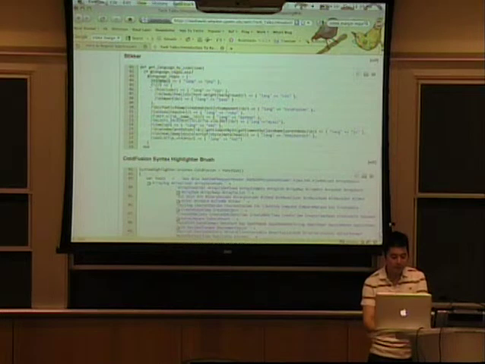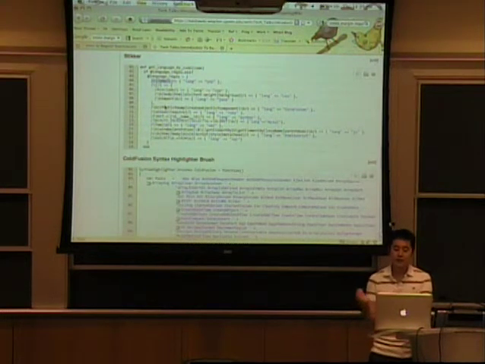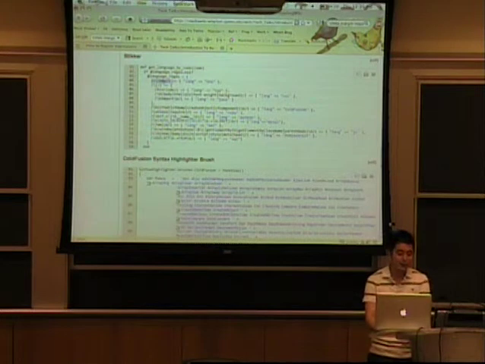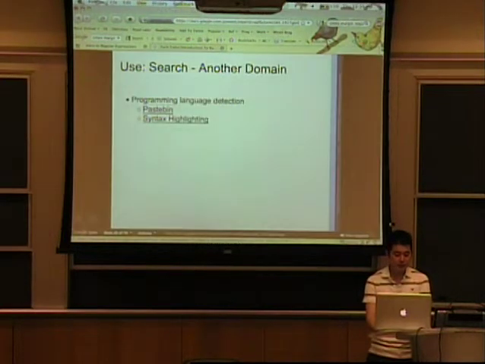But basically, it has a bunch of regular expressions, and if the piece of code matches the regular expression, it says what kind of code it is. So, for example, this first one searches for a starting angle bracket and a PHP, and then returns PHP. And there's various. So another use is